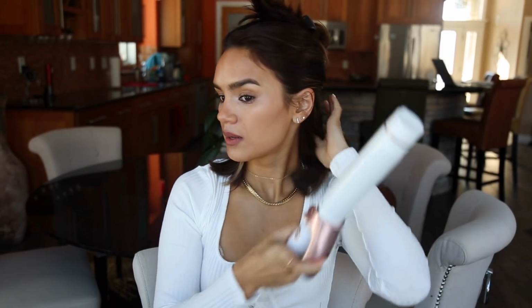So I just do all that, and then I take my clips as usual, and I start sectioning off the hair. There is no super technical way that I section off my hair. I just like to make sure that these pieces right here generally stay pretty straight, because you don't really ever see this hair. And one thing I learned from Alex when she cut my hair was that if I curl these pieces right here, it makes the hair go outward, and it'll look more wide rather than wavy. So these pieces right here generally stay pretty straight, but what I like to do is